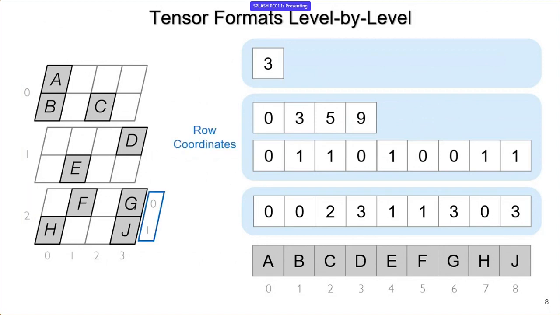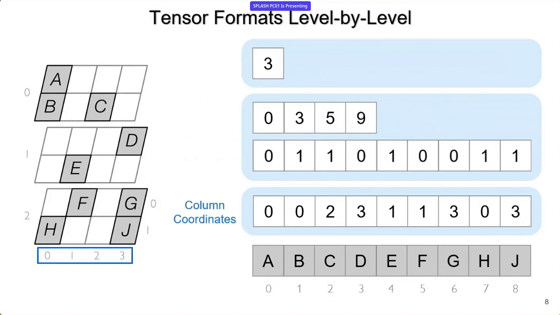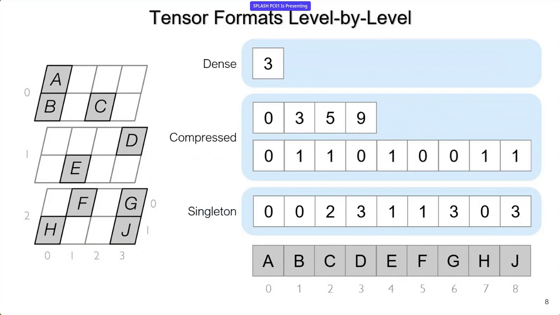Next you have row coordinates, and then column coordinates. The first is a dense representation, and the second is a compressed representation. For the last level, each compressed value has only one value, which is called a singleton representation. So we have these level format representations, which are multiple arrays representing this